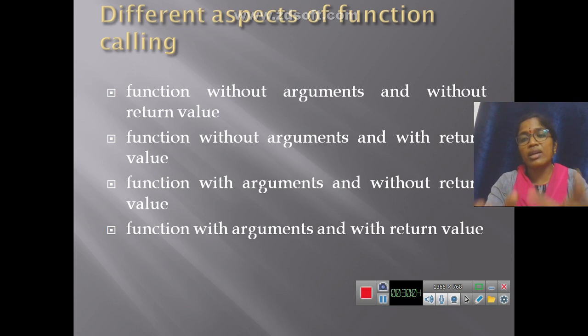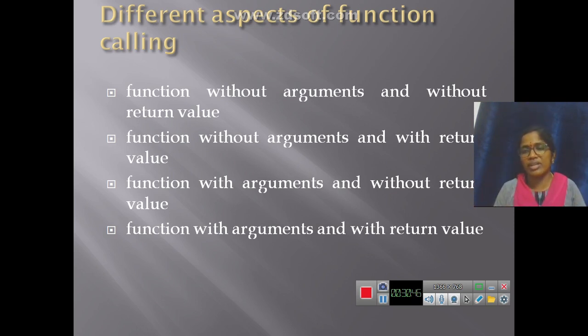If the helper takes the inputs on his own, that is called without arguments, meaning the calling function is not giving any input to the called function. So without arguments, without return value: the master directly asks the helper to do this. He is not giving anything, and he is not taking anything.